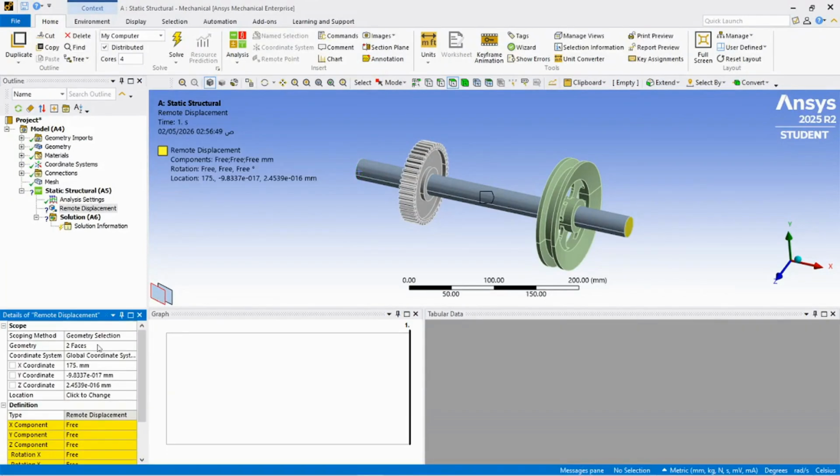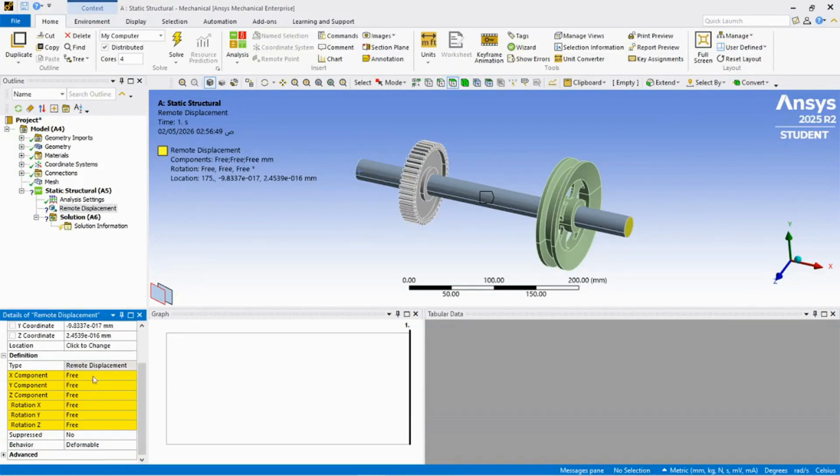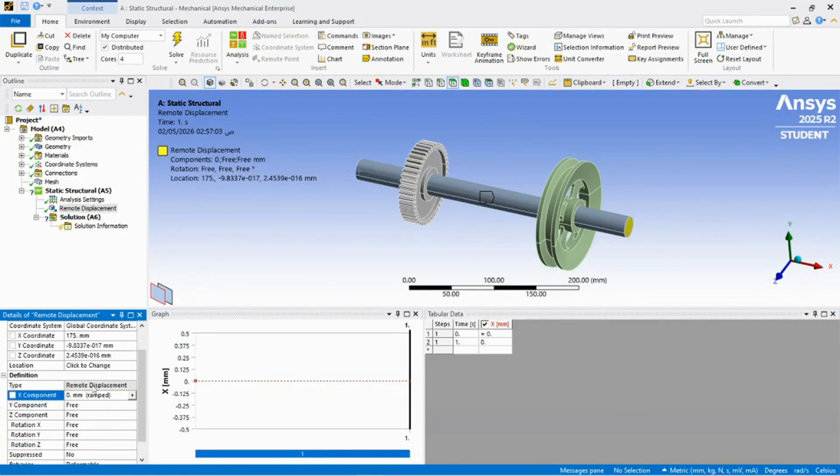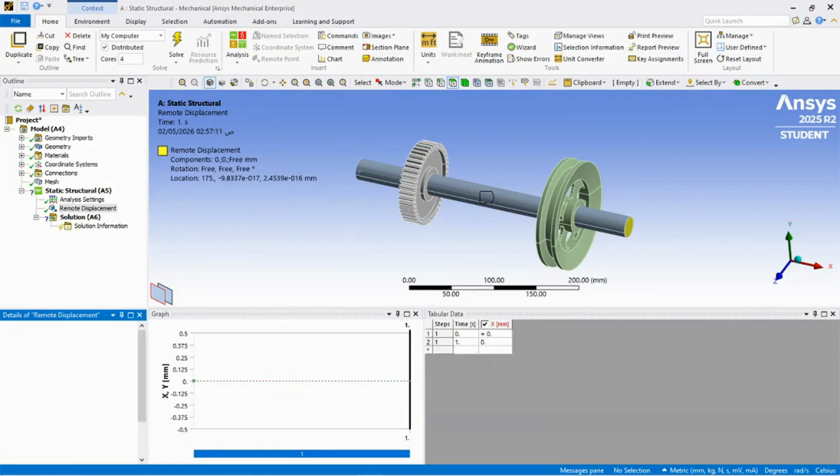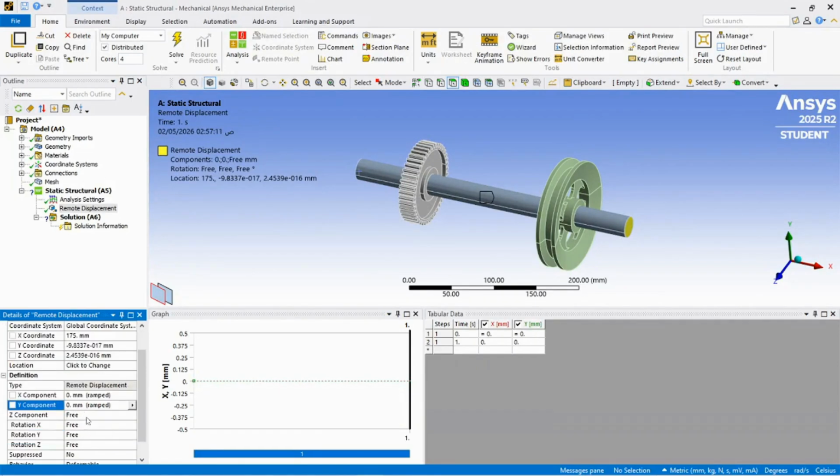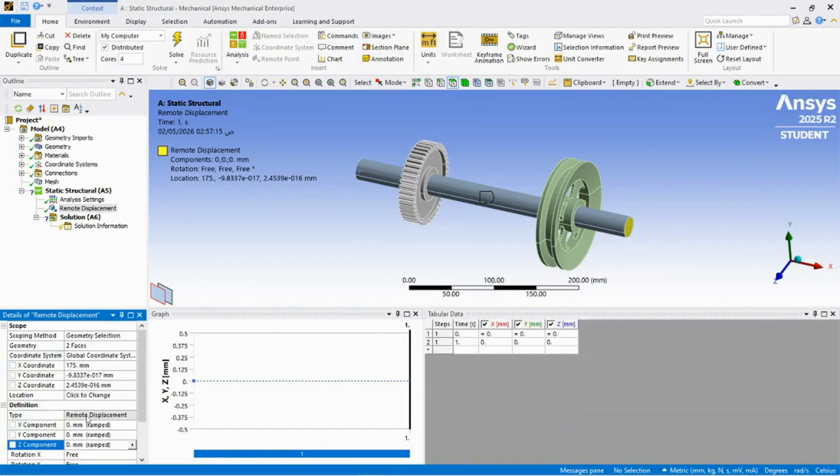Click apply, and in the displacement I'm going to put zero value for the x component, the y component, and the z component.